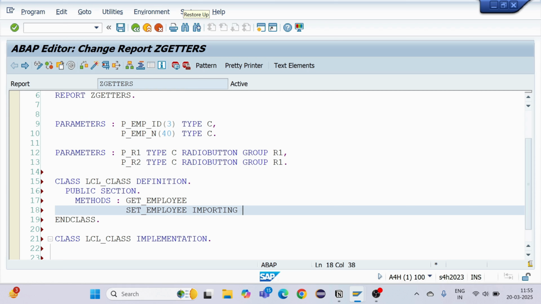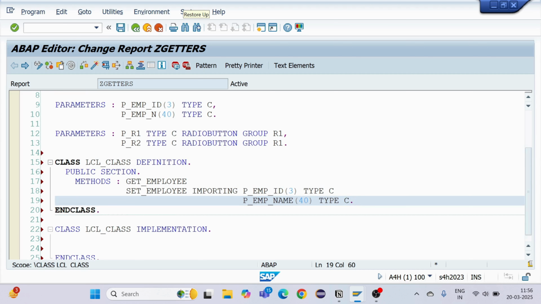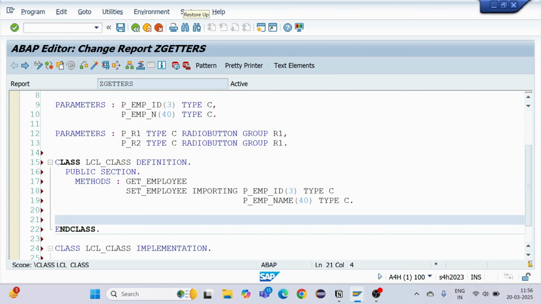So importing p employee ID type C of length 3, and it will have one more, employee name, length 40, type C. Okay, right. Then I will have my protected and private section,